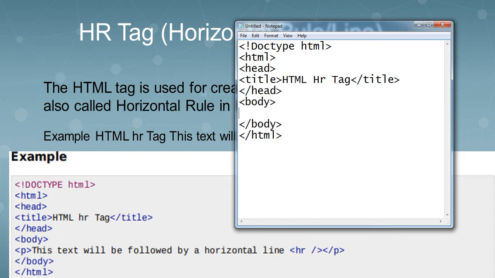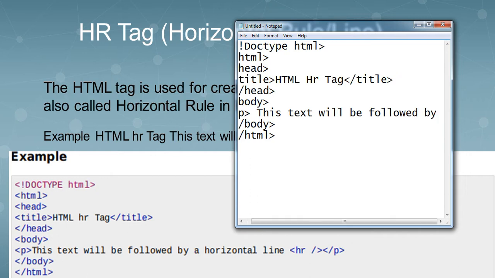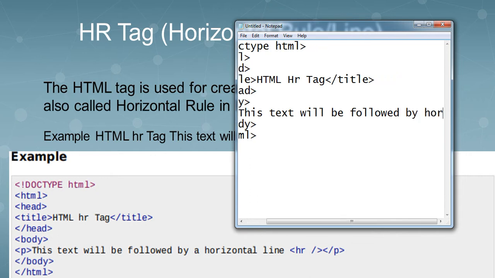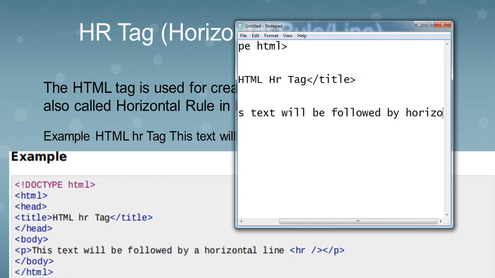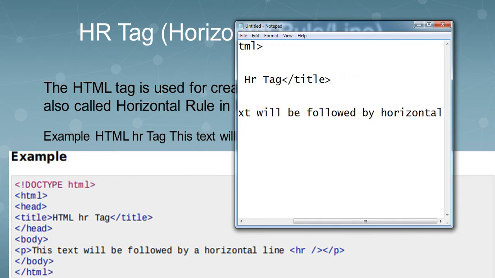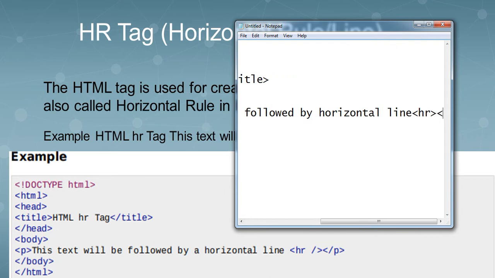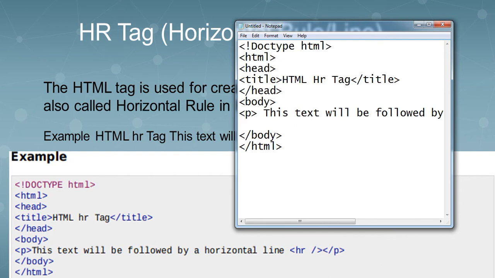Within that I will type a paragraph tag. So paragraph, this text will be followed by a horizontal line, and here the HR tag, and at last the paragraph tag closes. I am going to say the HR tag is never going to close, because it is a non-container tag.